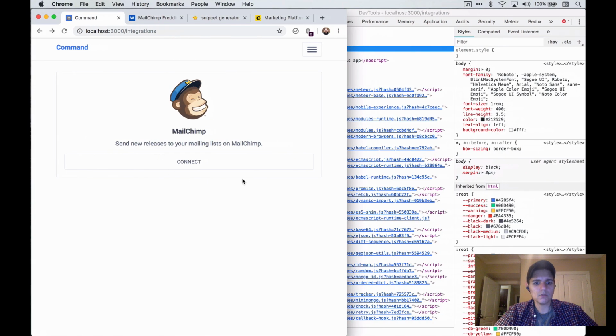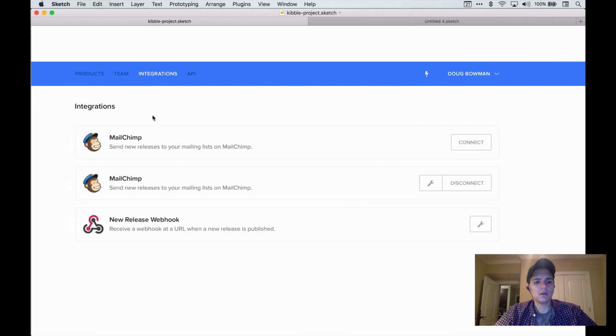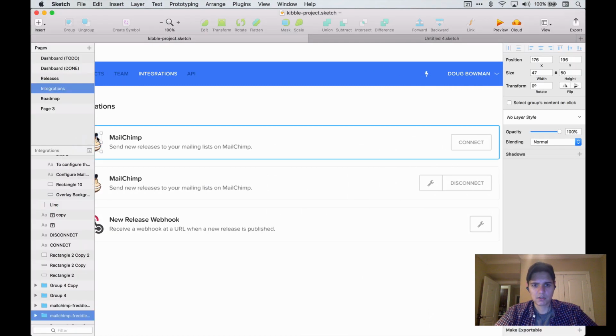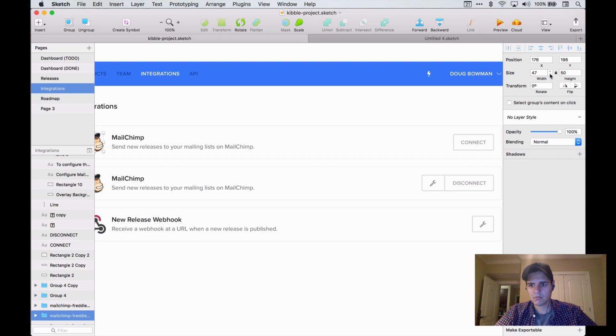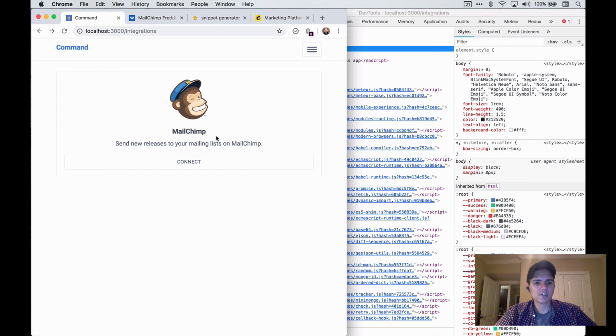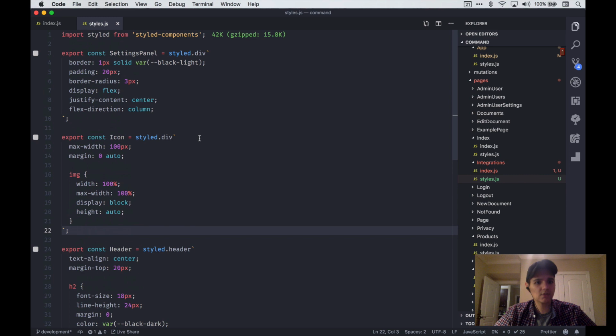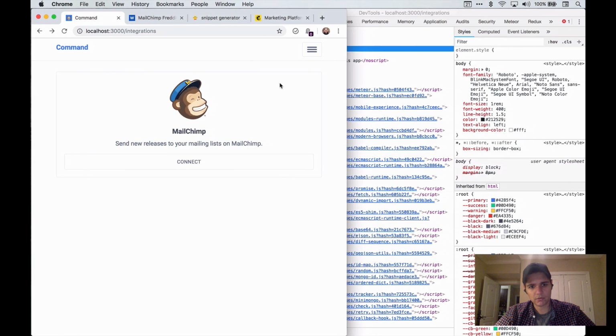So what we're going to do is come back in here and let's check the sizing of this icon. So it's like 50 by 50, it's off a little bit. Let me think that one through. All right, let's do the easy thing first. So the easy thing here is that we can use Flexbox to go back to that position. So what I'm going to do is inside of Settings panel, which again is the parent, or this gray box